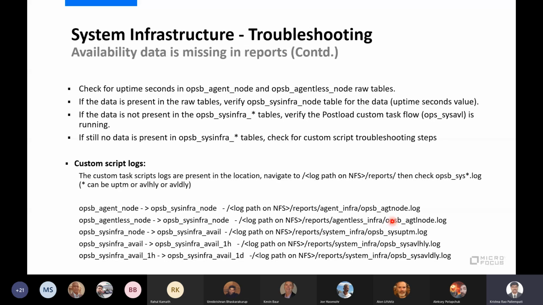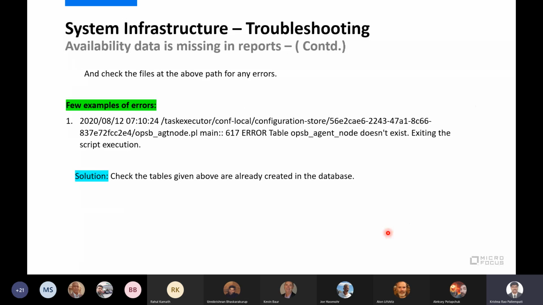This is a custom script. The next one is the default no data case. This is another report-wise symptom: reports other than availability don't display any data.